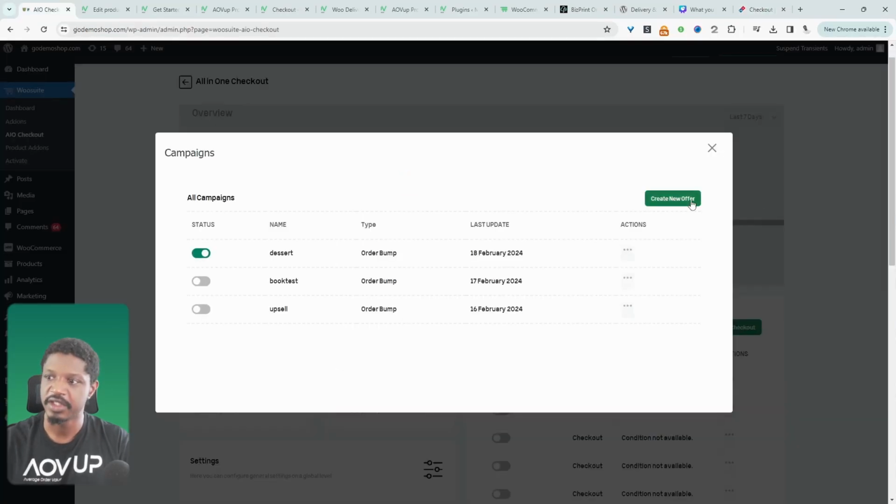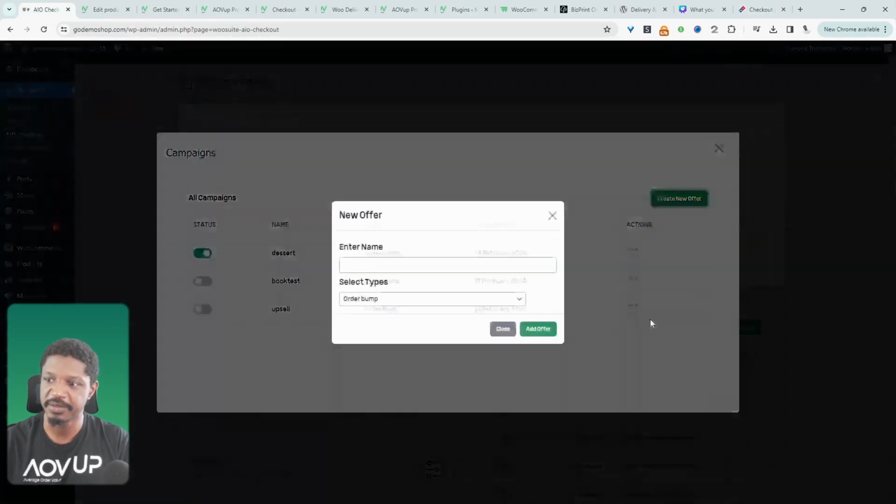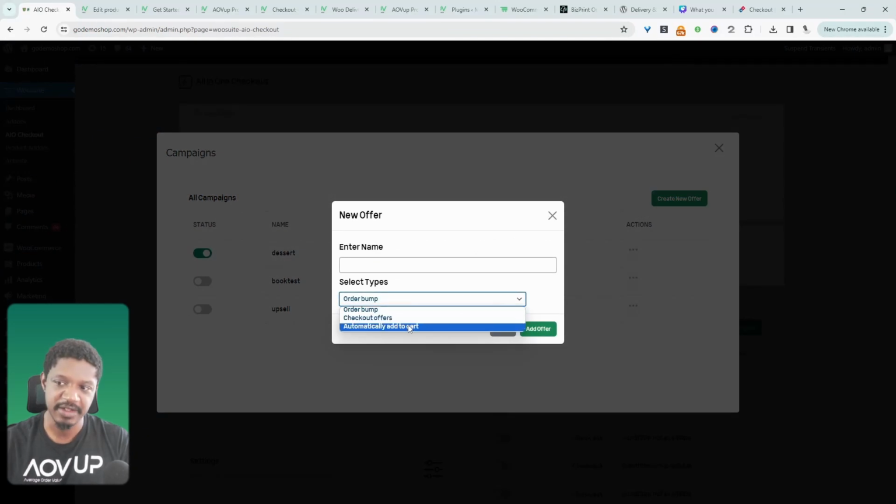website. Okay, and to do so, we'll just click create new offer. From here, we can create, as of this recording, 3 different offer types, right? So we can create order bumps, which is kind of like what we just saw on a cart page, or we can create checkout offers, which are basically offers displayed in a pop-up format, or we can create automatically add